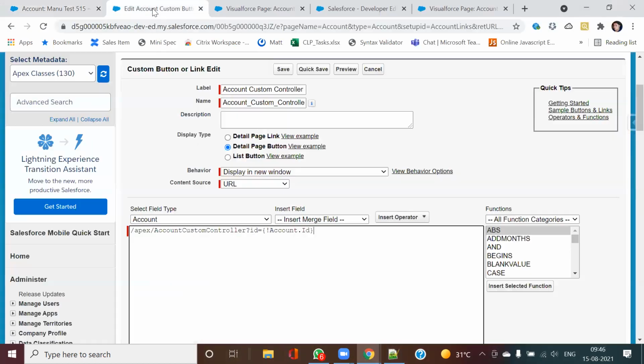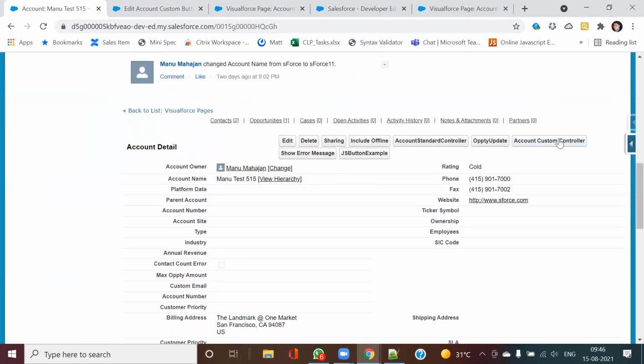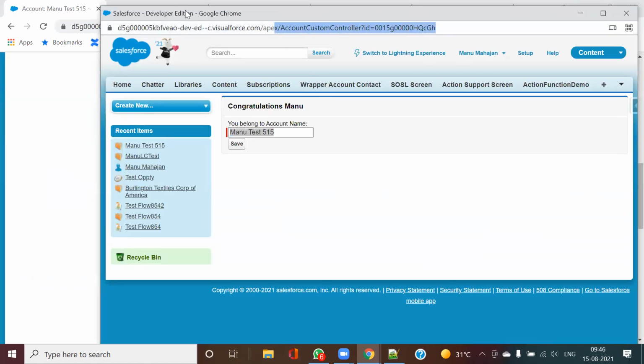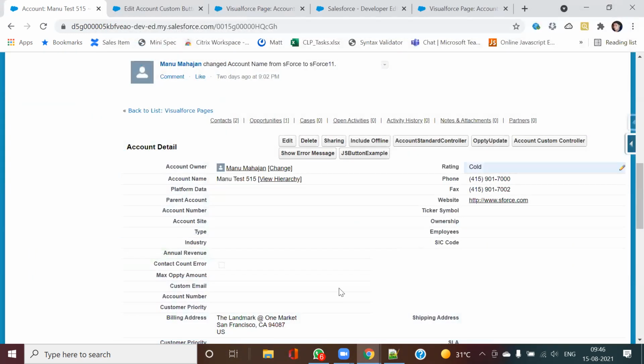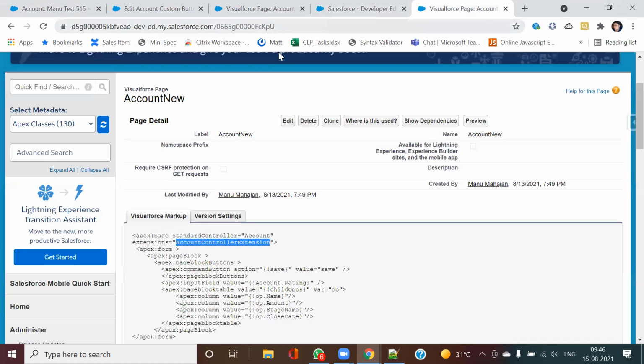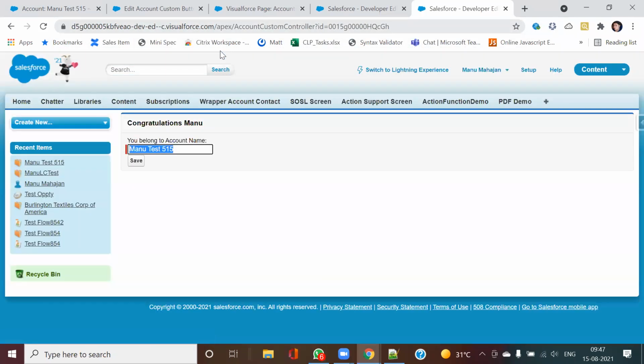So currently I have put this button on the UI, if you see. In case you need to do the testing, you can do it directly here also. What I'm suggesting is, assume currently I have not put my button on the UI. So how can I test it? Here, if you see Apex, my page name and the parameters, you enter those. So this is how you can test it directly in case you want to do the testing from the backend side.